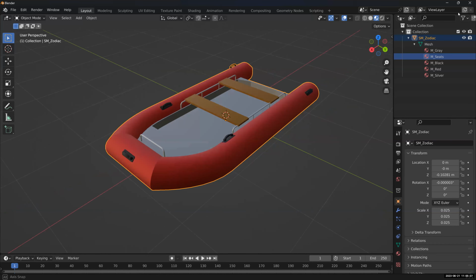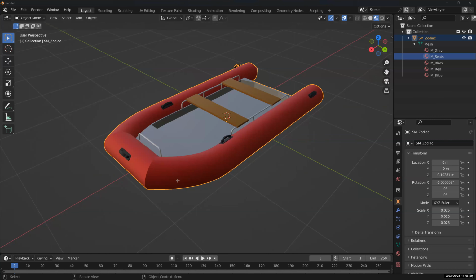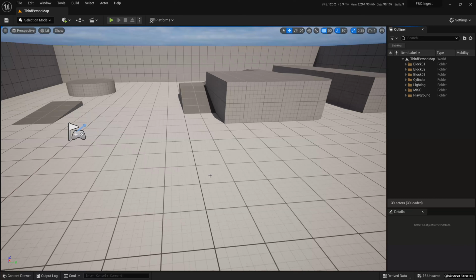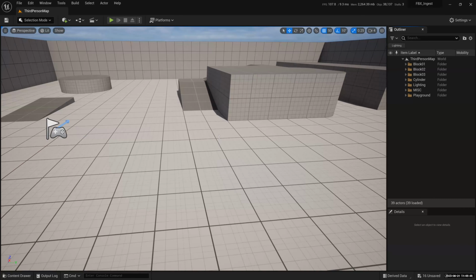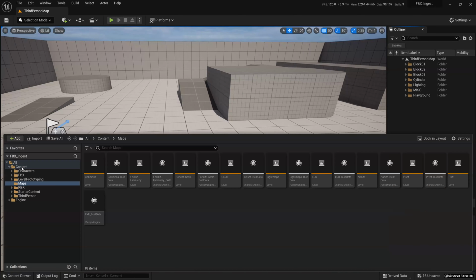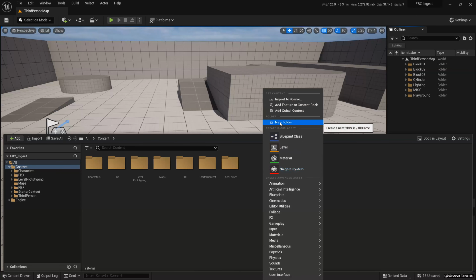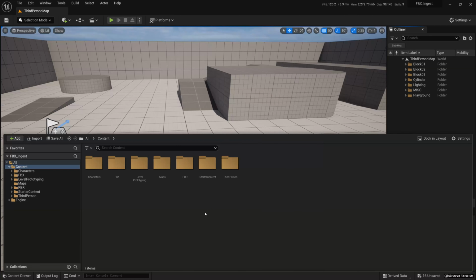So I've saved this. I'm going to minimize, open up Unreal Engine, and import that into my content browser. I'm going to bring up the content browser with Control Space. Remember Control Space. I'm going to create my own folder. I know I have some FBX inside here, and I don't want to disturb this. So how do we create a new folder? Right click in the content browser and say New Folder. Very easy. There are a couple of ways of doing it. You can also use Control Shift N to create a new folder, and it asks you to name it.